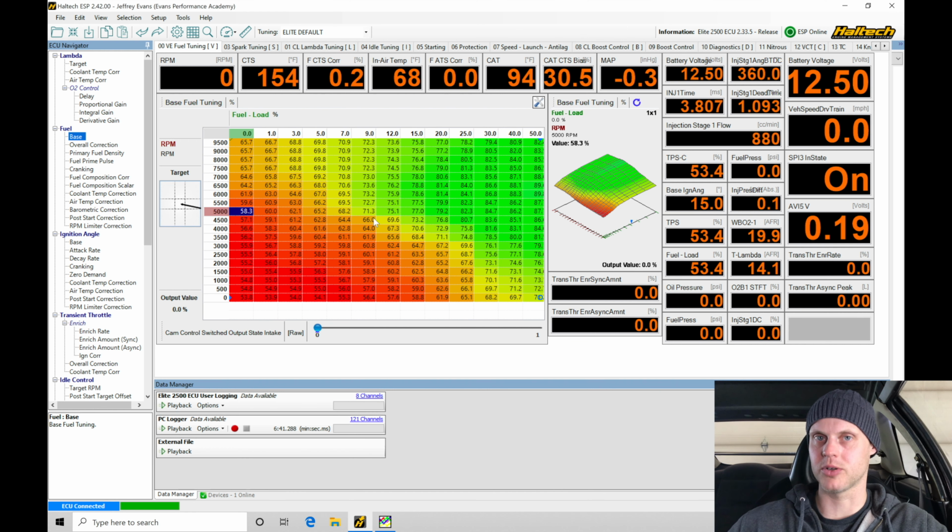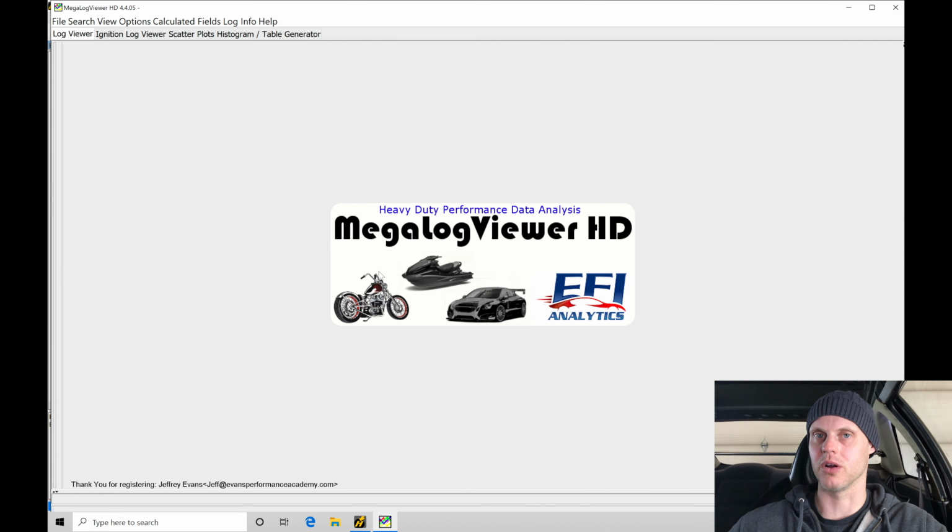We are going to be capturing our data, and we're going to be going here and taking our data logs. We're going to be taking the data from here. We're going to be opening it up into our Megalog Viewer. We're going to be working with the histogram feature that we covered in our training course. I did add that video here in the last probably month or so into the training course, 2 months in the training course. We're going to go and build out a custom histogram